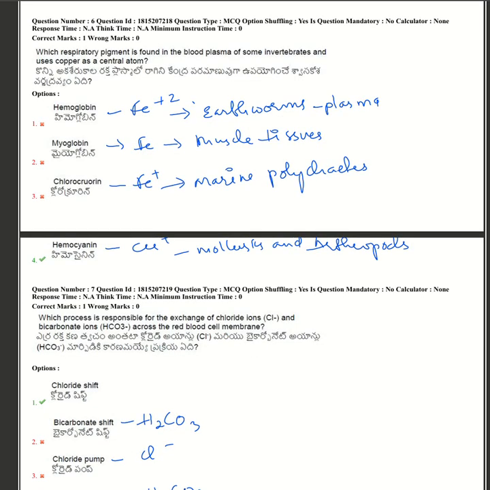Question number 6. Which respiratory pigment is found in blood plasma of some invertebrates and uses copper as a central atom? So, we have to look for the respiratory pigment which has copper as a central component. Now we can see here hemoglobin, it is made up of